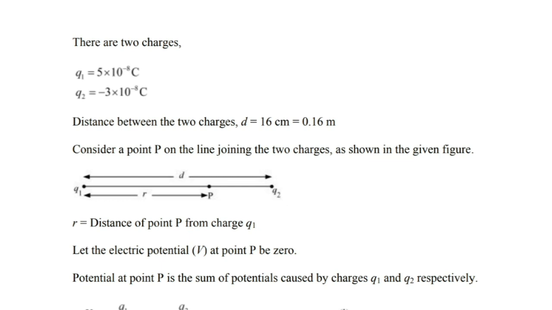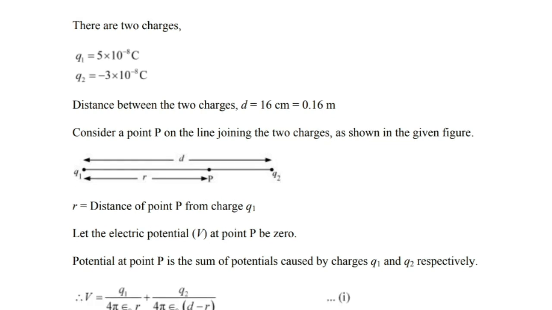Such a possibility can be on the line joining the two charges either in between or on either side. On either side, I have told you, you have to look at the smallest charge. In the vicinity of the smallest charge only you will have such a point where the potential is 0. Here the smallest one is 3 into 10 raised to minus 8, that is Q2. So on left side of Q2 and on right side of Q2 you can have points. First we consider the left side of Q2, that is in between the two charges. We assume the potential to be 0 and we will find that distance.